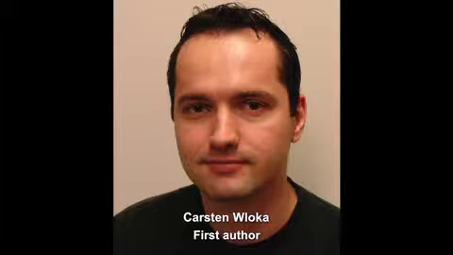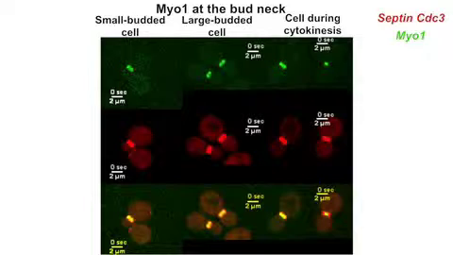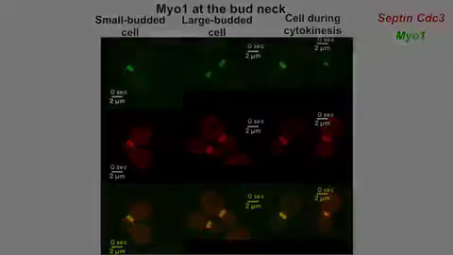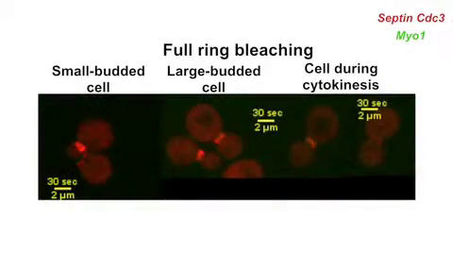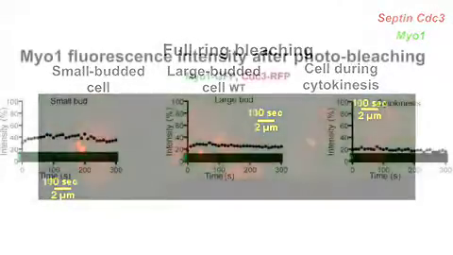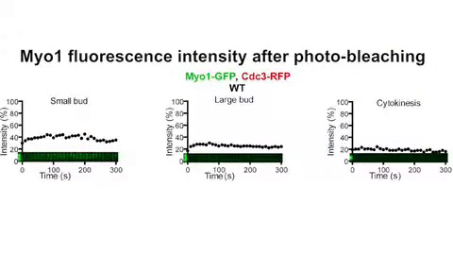How these components are put together to actually form a machine that drives cytokinesis remains unknown. So we want to look at how the components are wired together using fractal analysis and yeast genetics. Bi and colleagues, led by graduate student Caitlin Wloka, initially focused on myo-1, the sole myosin 2 heavy chain in budding yeast. Myo-1 begins to accumulate around the bud neck early in the cell cycle, and at every stage, myo-1 fluorescence recovered very little after the entire ring was photobleached, indicating that there's only a limited exchange of myo-1 between